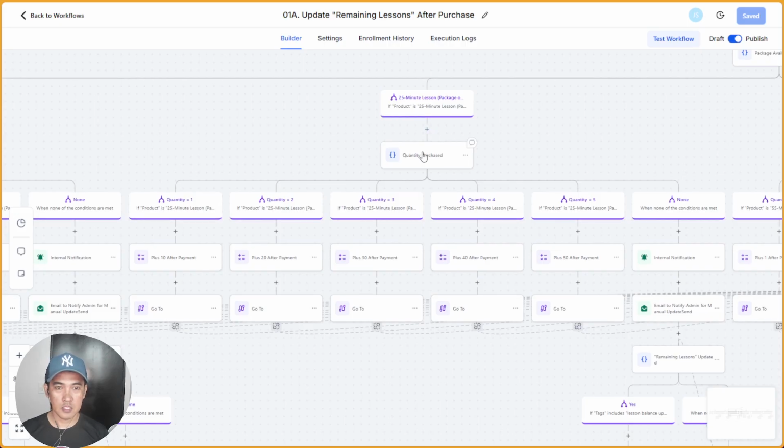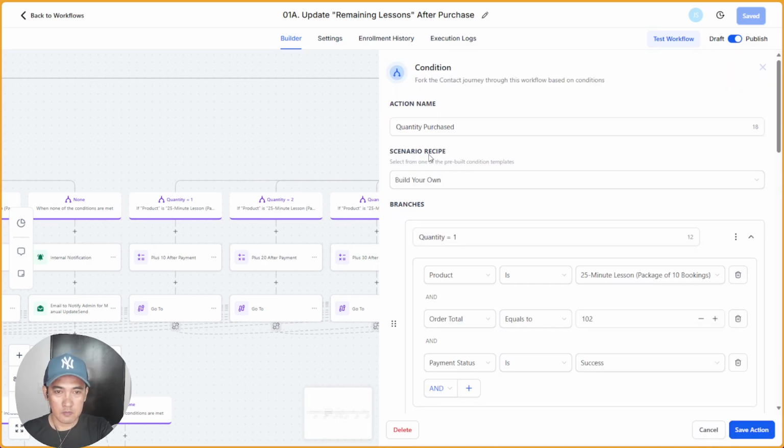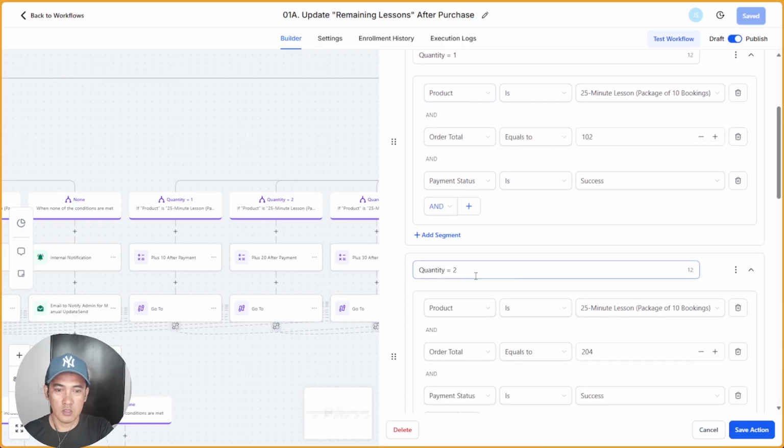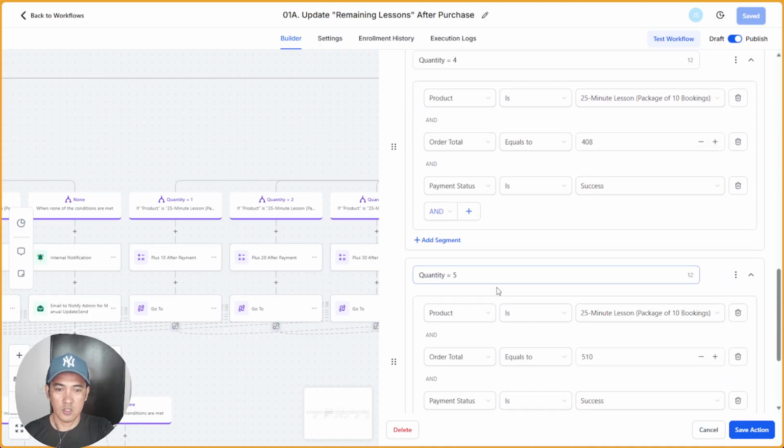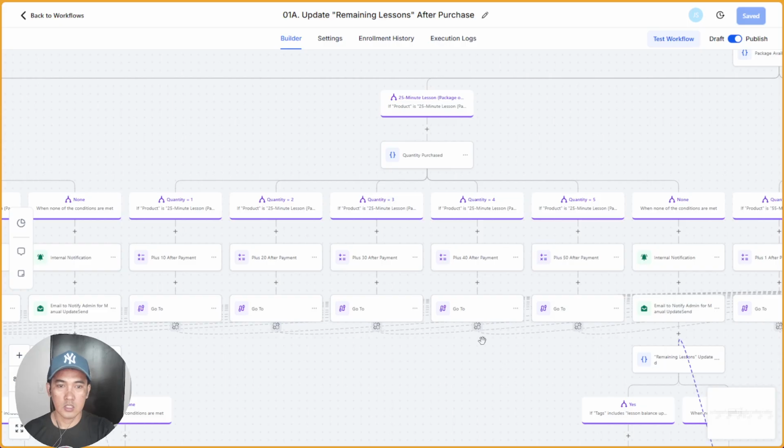That's the purpose of this if and else condition down here: quantity 1, 2, 3, 4, etc. So, for example, if the client purchased a 25-minute lesson package of 10 in quantity of 2, there's a mathematical operation action that will add 20 to the remaining lessons. Hope I explained that clearly.